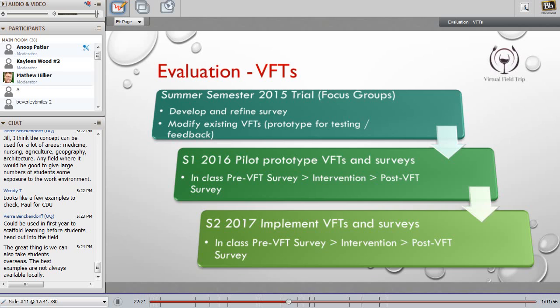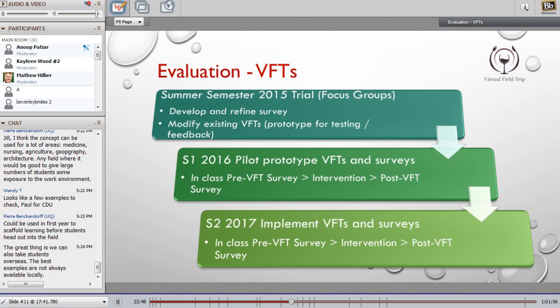And so what we did was, in 2015, we started to develop and refine the survey, and started to modify the existing 2 hotels which we had. The multimedia team went to those 2 hotels, took some 360-degree shots, and did a little bit of cosmetic work.